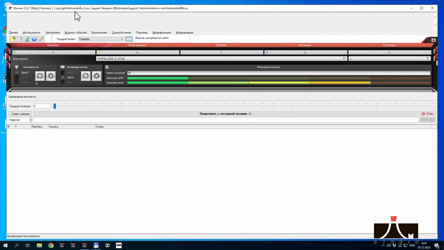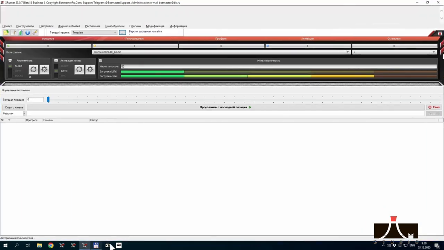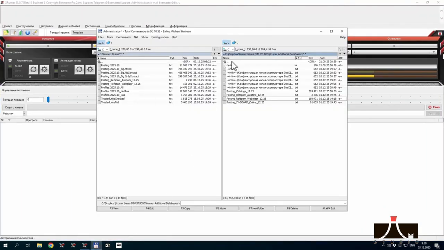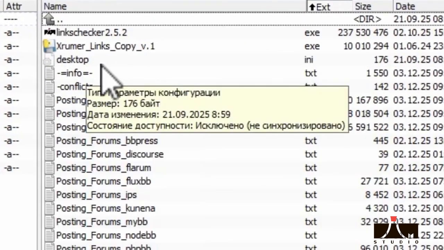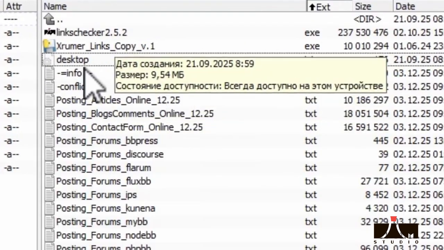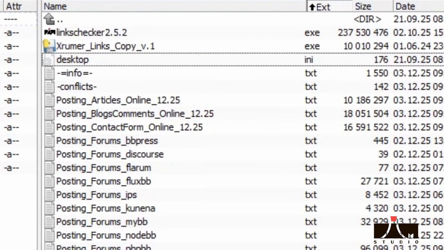And so you don't have to manually catch all the updates, we have a special program called Links Copy. It comes complete with all the necessary plans, and right here it is, the essential links. Copy version 1 is the standard database, a single comprehensive studio specifically designed for XRumer, and remarkably, it's entirely